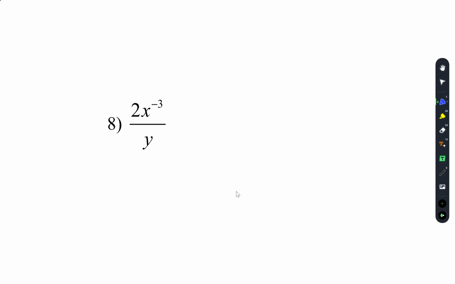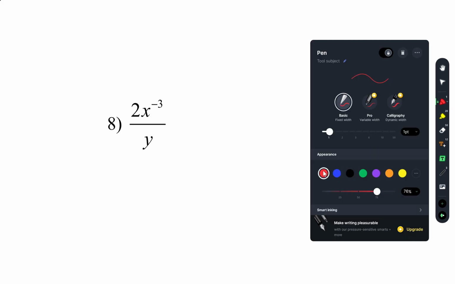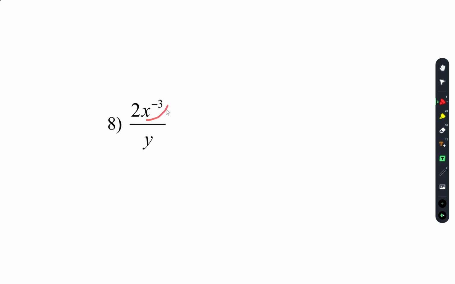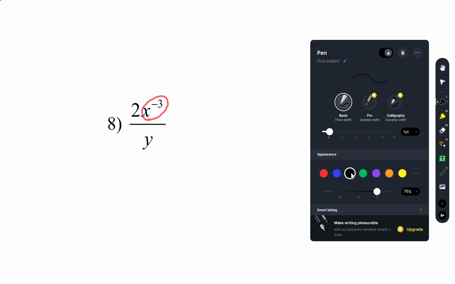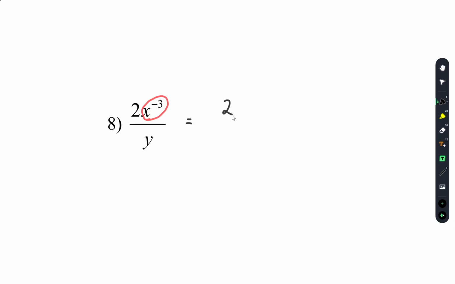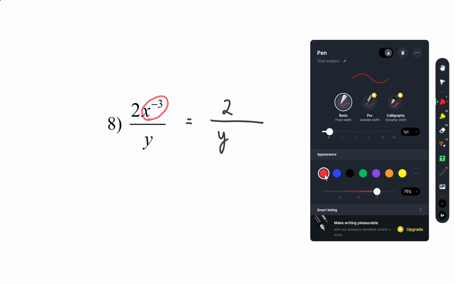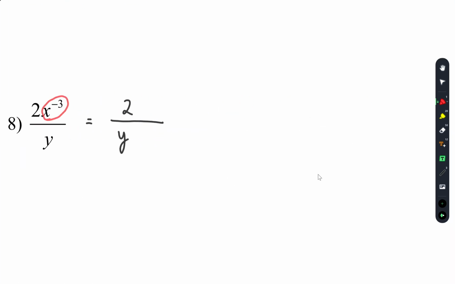Okay, so negative exponents. Okay, everybody's at a different level. The negative means repeated division. So this is what you have to do. Okay, you get 2. You have y there, but to get rid of the negative exponent,